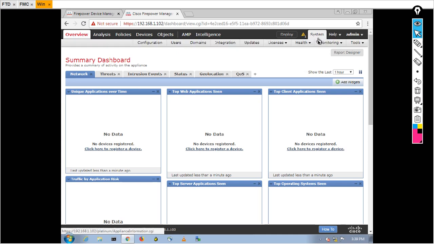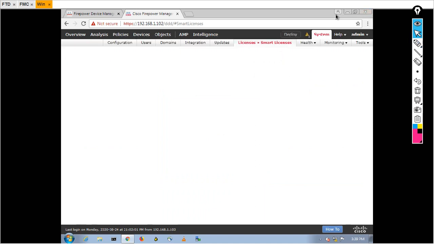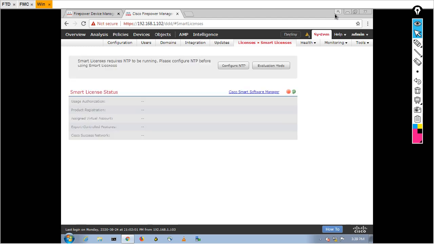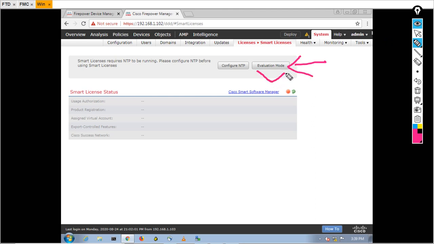Now come to System, and here you can see License. In the license, just click on Smart License. Click on evaluation mode. When you click on evaluation mode, it gives you a 90 days trial period.